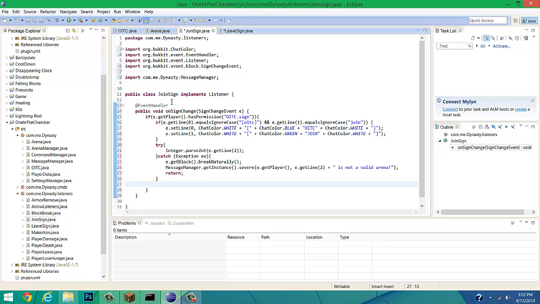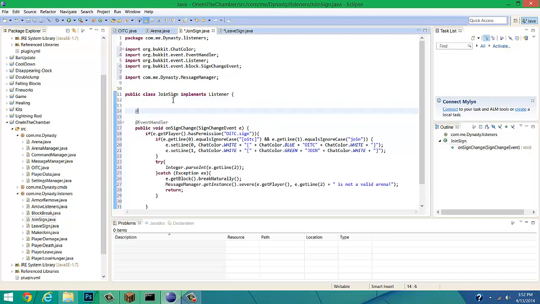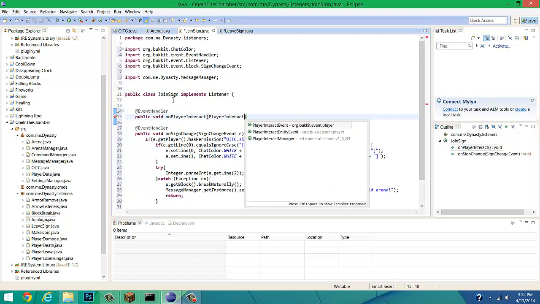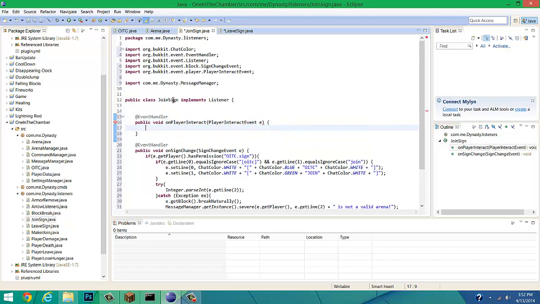Alright, there we go. So now we can go up here, make another event handler, make public void onPlayerInteract. You can name that whatever you want, but this is easier for me. PlayerInteractEvent, and we're going to rename that to e again. So everything that's inside this public void is going to be casting PlayerInteractEvent as an e, and we're going to be saying,